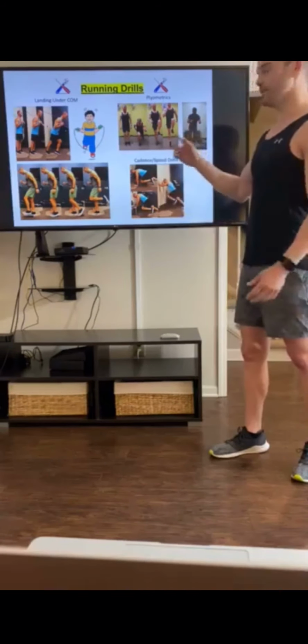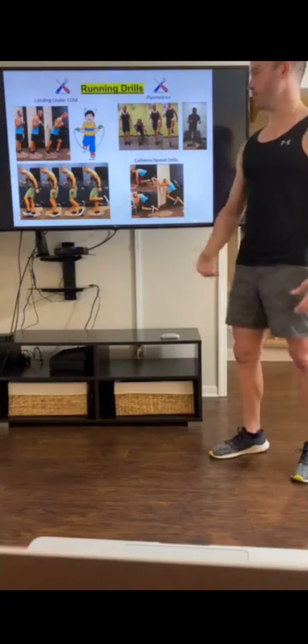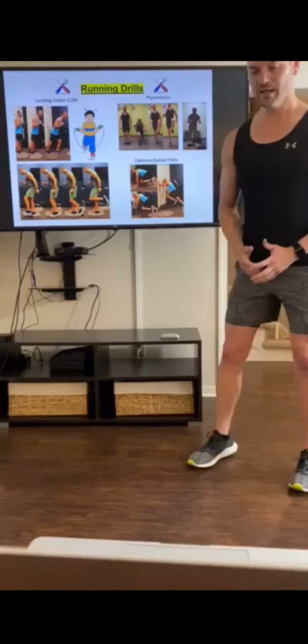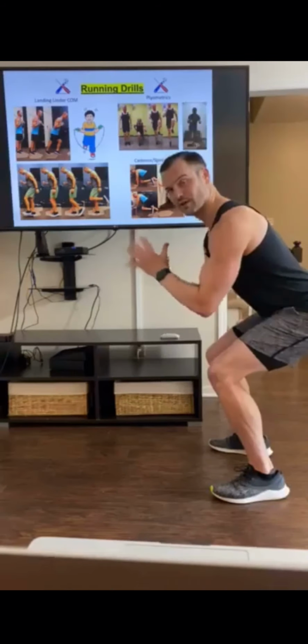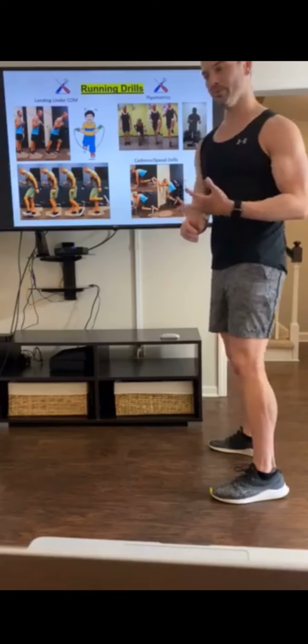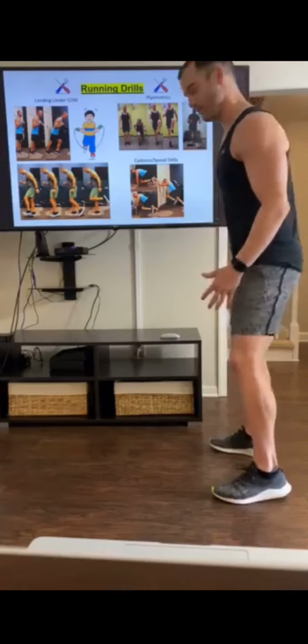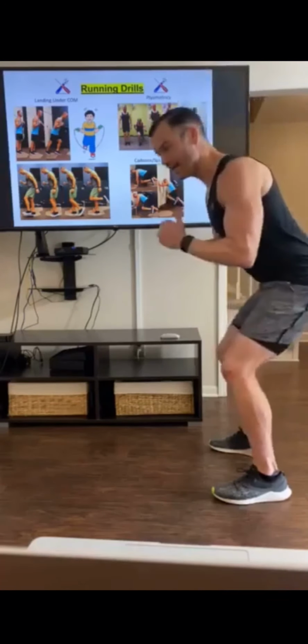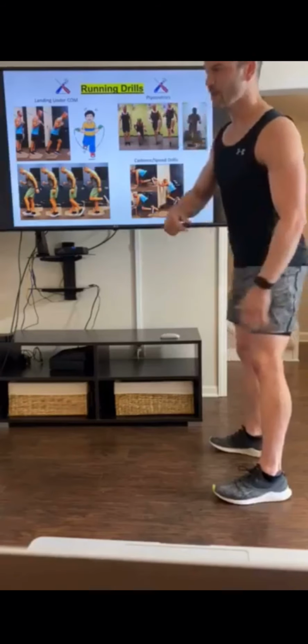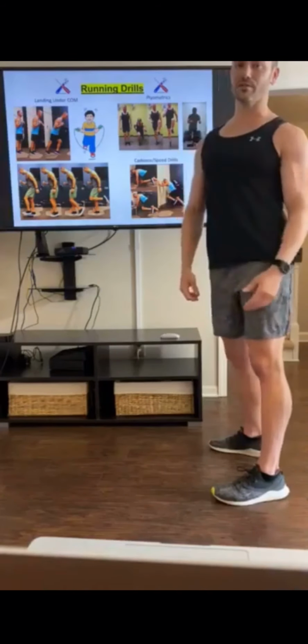But how we land can really affect where that force goes. So when I have somebody land, it's like you're landing as soft, as quiet as possible, like I'm sitting back into a chair. And another cue that works for people is imagine the ground is like hot lava. As soon as I'm landing, I'm trying to get my weight off of it. If I land and I just go straight down, all that force, you can hear it, sounds different. You can practice this